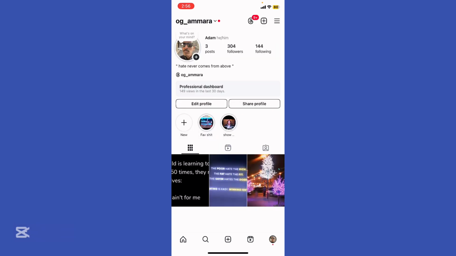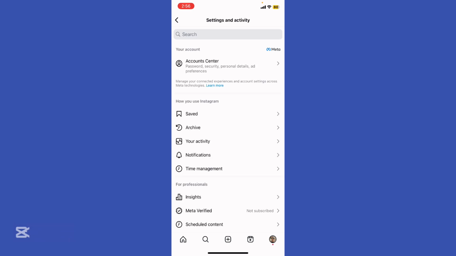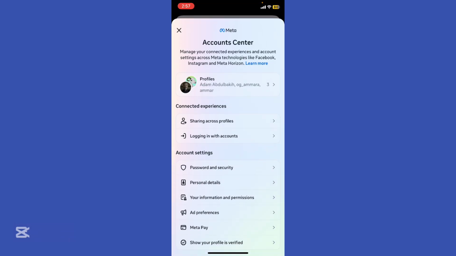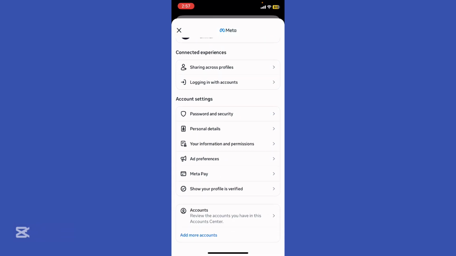Go ahead and click your profile icon at the bottom right if you're using Instagram or Facebook, right? Click the three bars at the top right, or in your case, click the settings gear on Facebook, right? And you're going to see the Accounts Center or Meta, whether it's above or below, depending on your update. And then I'm going to go ahead to the Accounts Center or Meta and scroll a little bit down to find